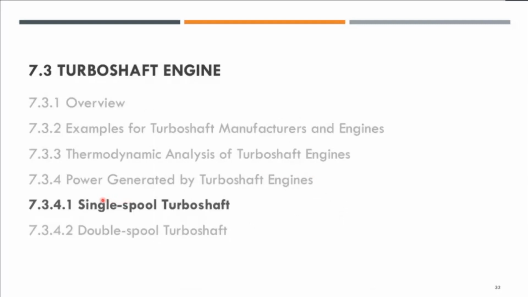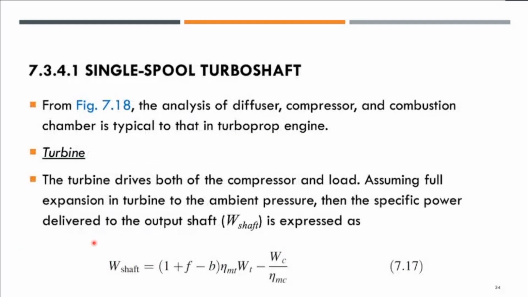Right. Let us look into the power generated by turboshaft for both situations. First, we want to look into the single spool turboshaft, and then later we will look into the double spool turboshaft. From figure 7.18, the TS diagram just now, as well as the schematic for the single spool turboshaft, the analysis of the diffuser, the compressor and combustion chamber is typical to that of a turboprop engine. It's quite similar, right? So let us look into the turbine